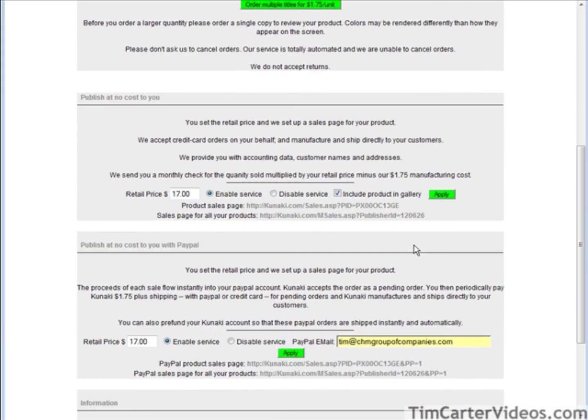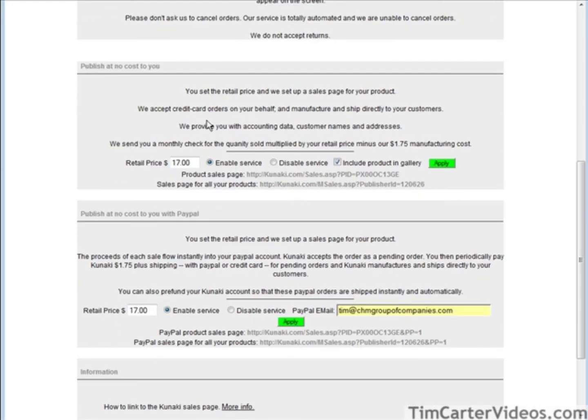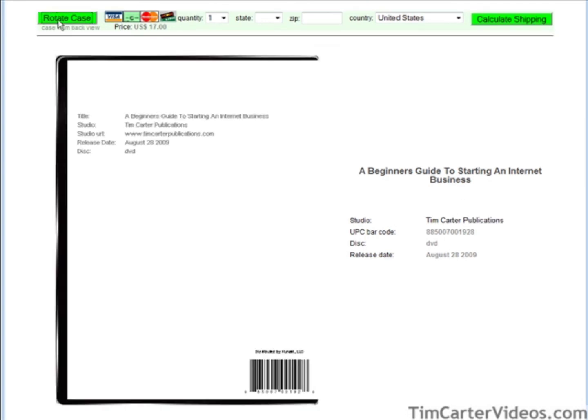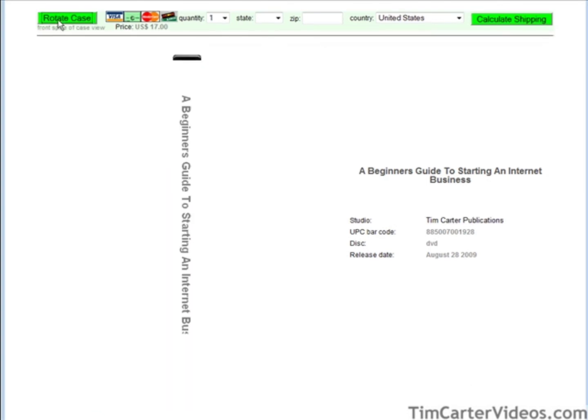Okay, now we have some different websites here that are used. For instance, if we're going to use the Knaki shopping cart, we have two URLs here. We have the sales page, and this is the sales page that they provide for you, and it has all the details that you put on the design screen here. They can also rotate the case, look at what's in the case, look at the DVD,